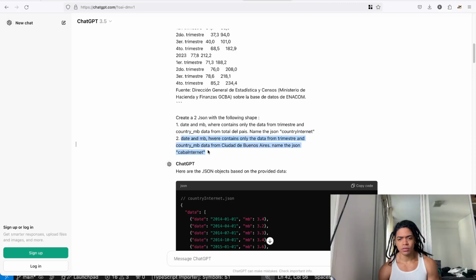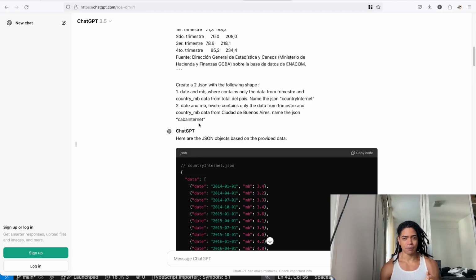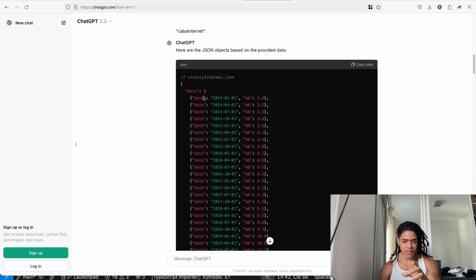And here we're going to generate the data that is exclusively from CABA, which is the metropolitan area in Buenos Aires, the fancy area that a lot of tourists come to and enjoy the experience, while not getting killed or robbed. So that's CABA, and here it's actually generating this data.